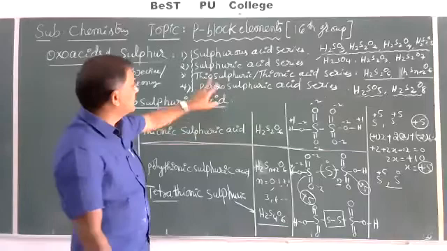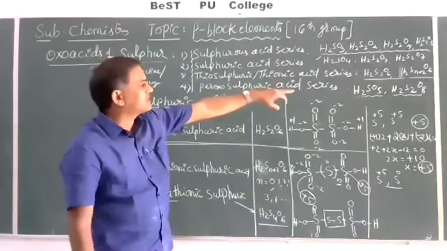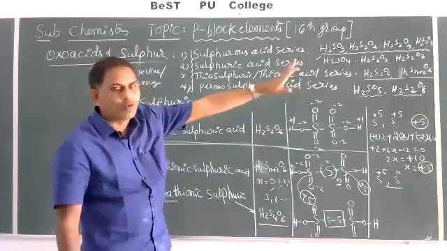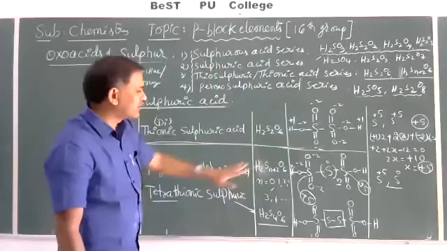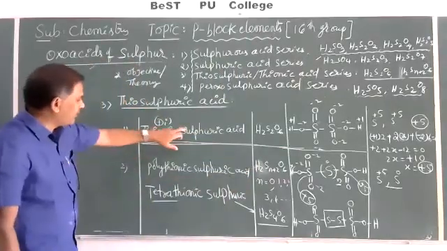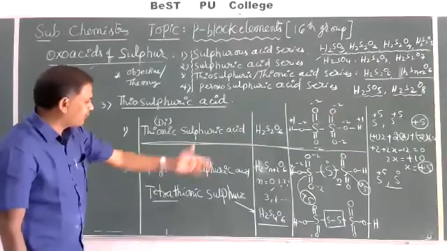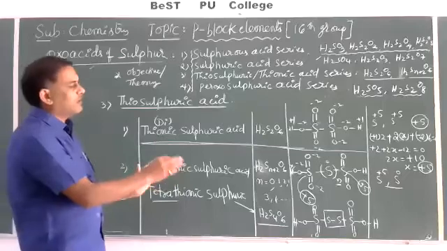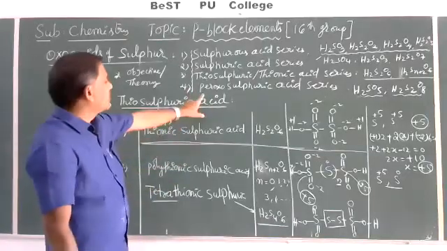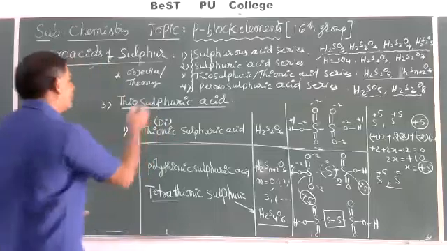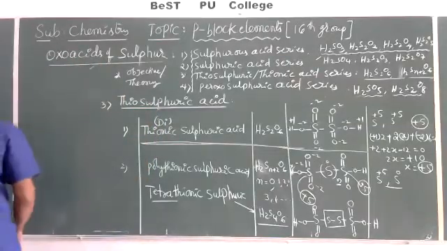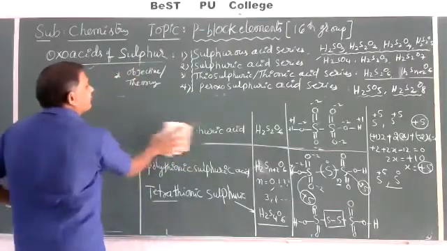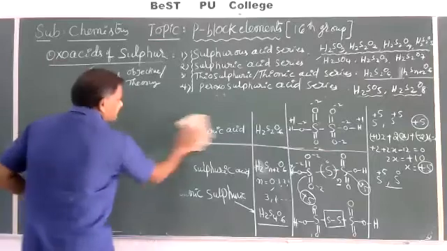Two important series: thiosulfuric acid or thionic acid series, H2S2O6, and H2SnO6 with n plus 2. N indicates the number of sulfur atoms we can change, like disulfuric. Polythionic means if we take 4, that is tetrathionic sulfuric acid. Very, very important concept it is. Last one is peroxosulfuric acid. There is an important linkage. Very, very important last one. Regularly they'll ask some important commercial names on the basis of peroxo linkages.